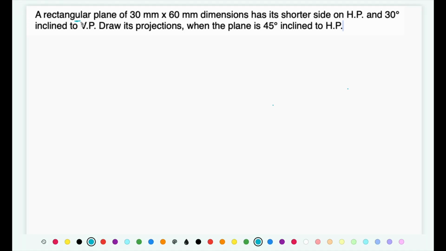There is a rectangular plane. This is the dimension of the plane, 30 mm by 60 mm. It has its shorter side in HP. So if you consider